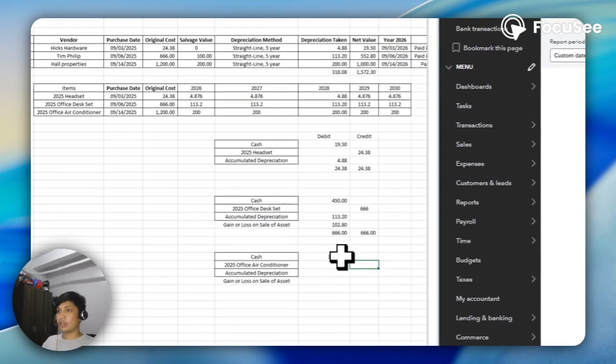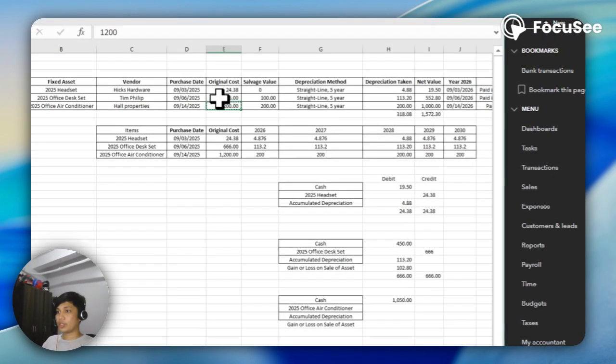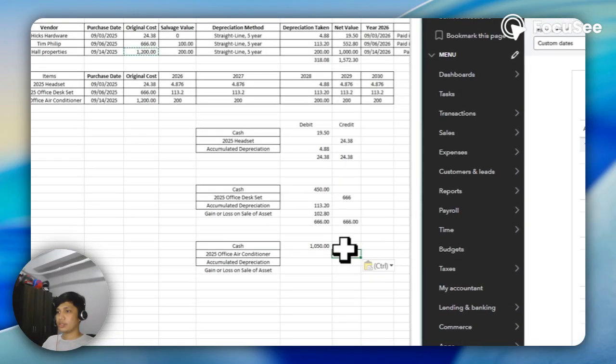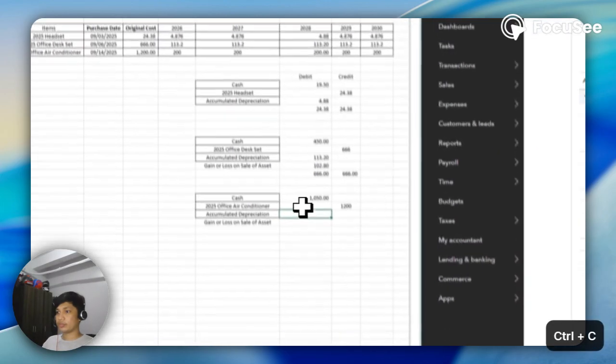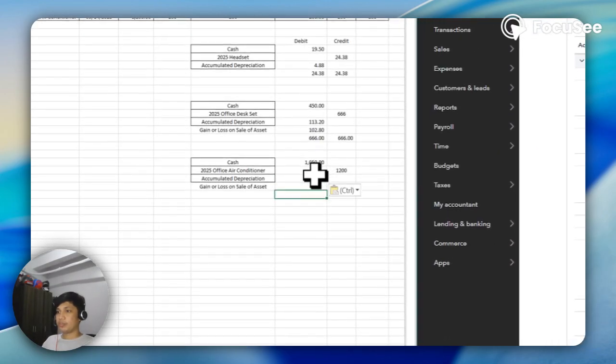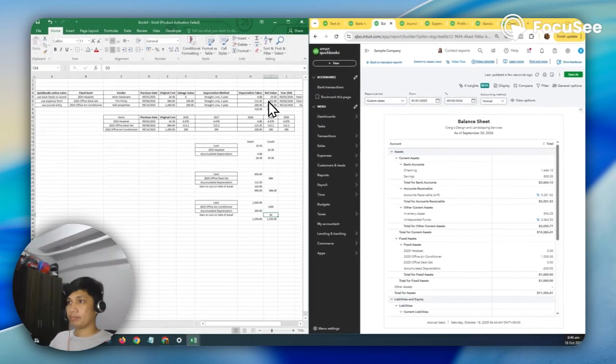So for the air conditioner, the original cost is 1,200, and the accumulated depreciation is 200, and then for the gain or loss, let's check. As you can see, instead of debit like in the previous one, it will be credit, meaning it will add revenue because we have an additional 50.